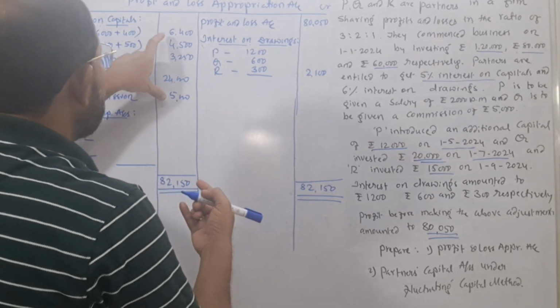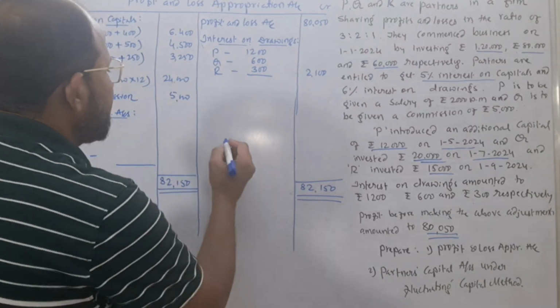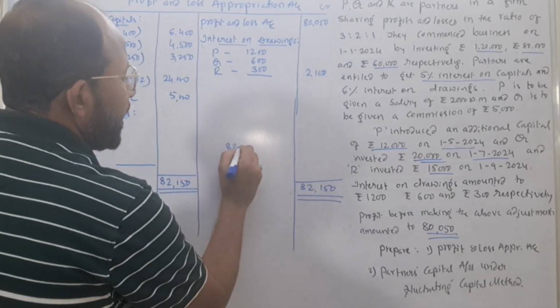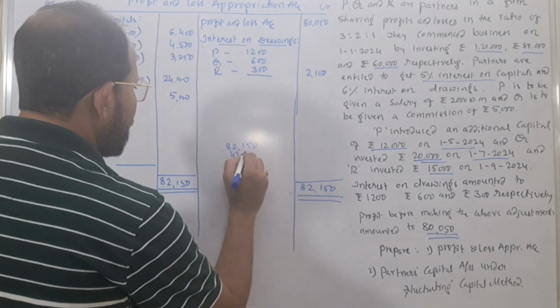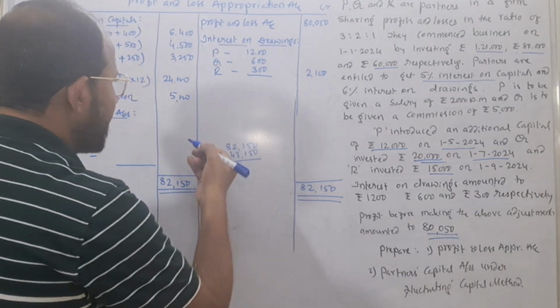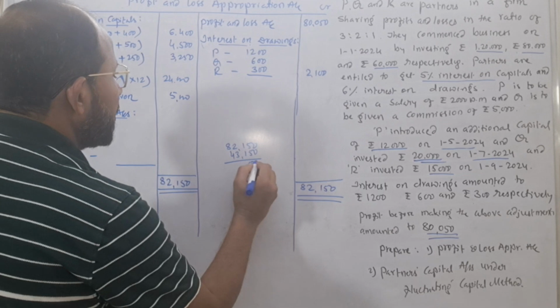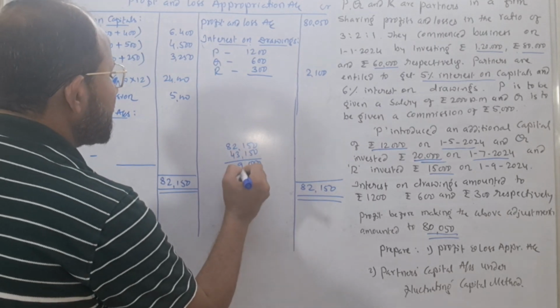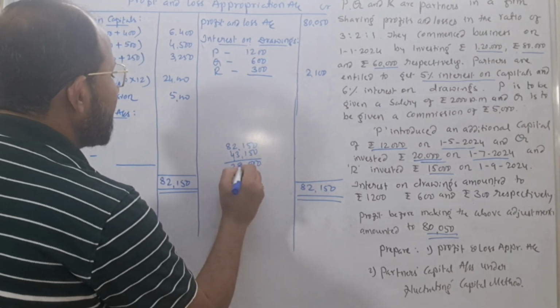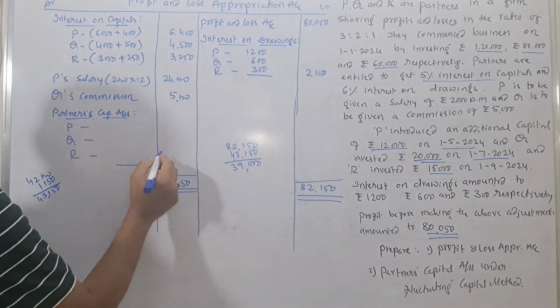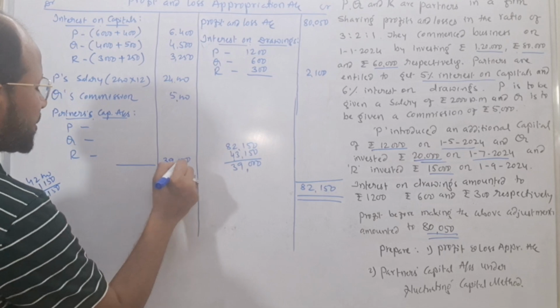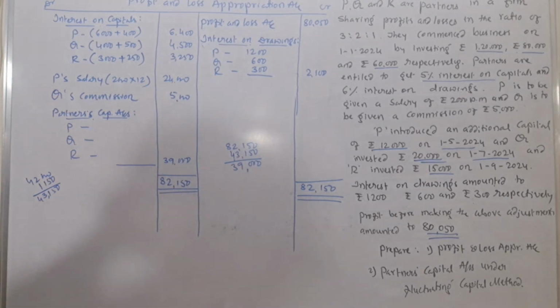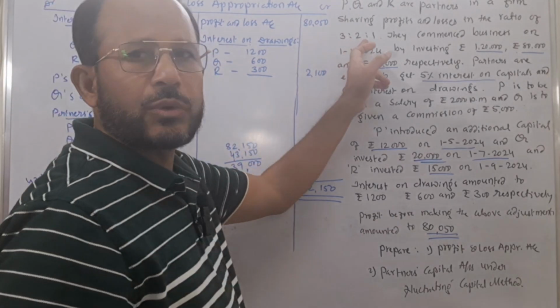That is why we make the total of this and deduct it from this total. 82,150, 43,150 is the total on the debit side. That we have to subtract, 12 minus 3, 9, 1 remains. 39,000 is the differencing figure. This 39,000 is nothing but the net profit which is transferred to partners' capital accounts in their profit sharing ratio,